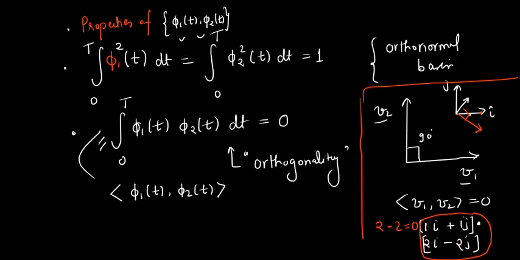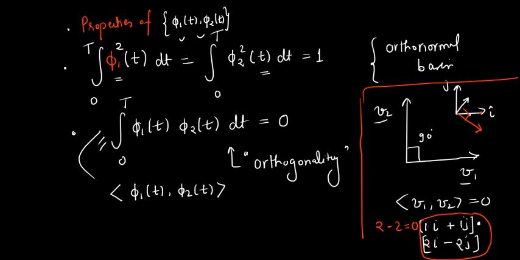Yes, okay. So by this you can remember the analogy. Two vectors are orthogonal when the inner product between them is 0, and two waveforms are orthogonal when the inner product between them is 0, but the inner product is defined for waveforms like this. Okay. So we can call it orthogonal, and then since they have unit energy,